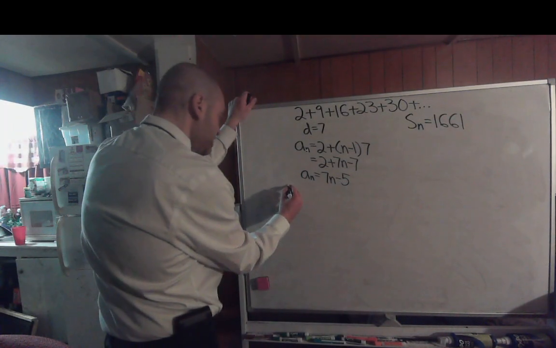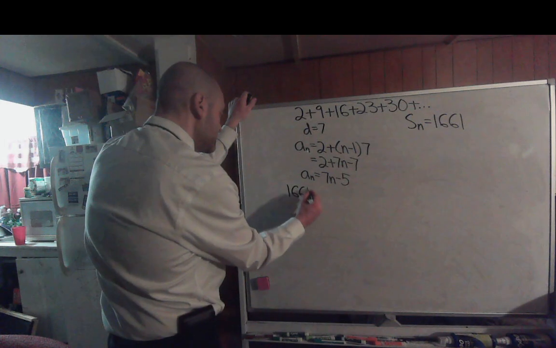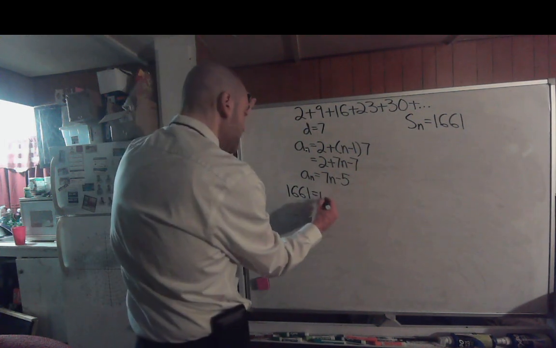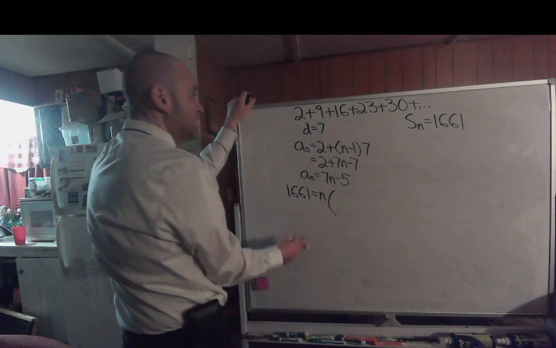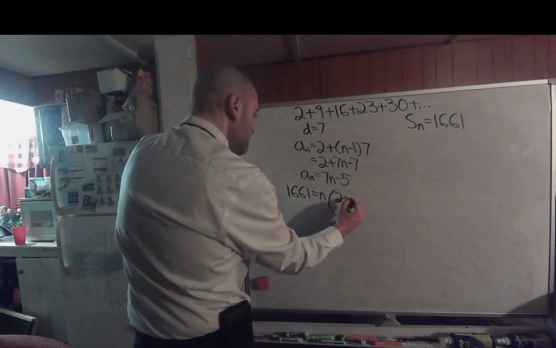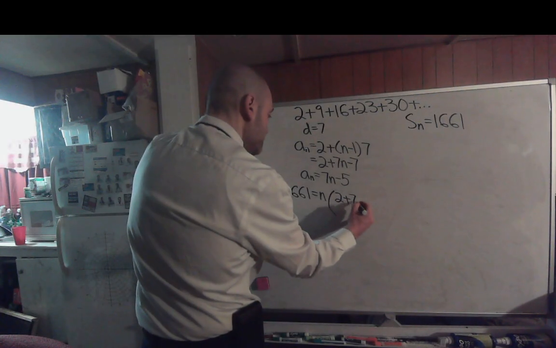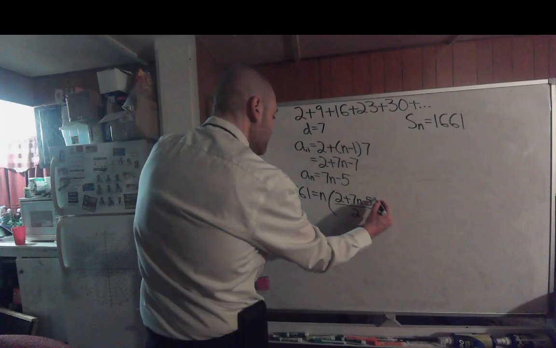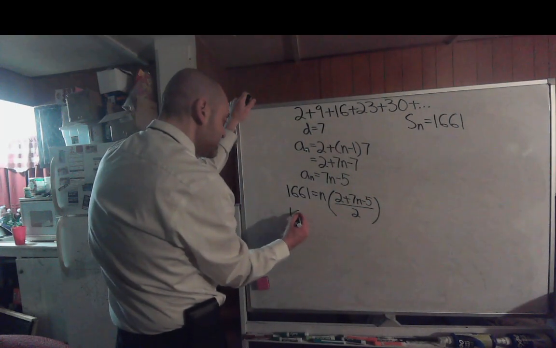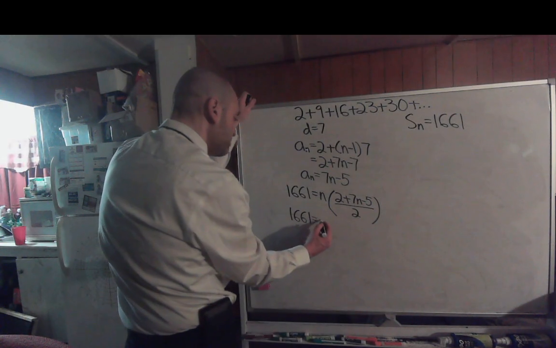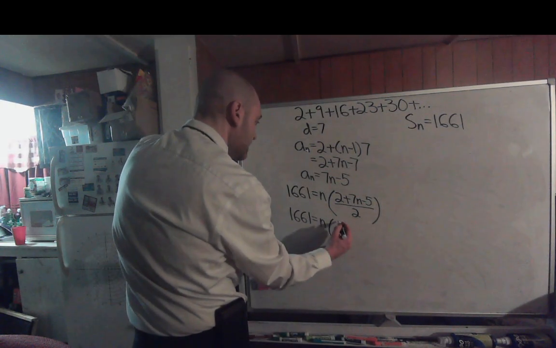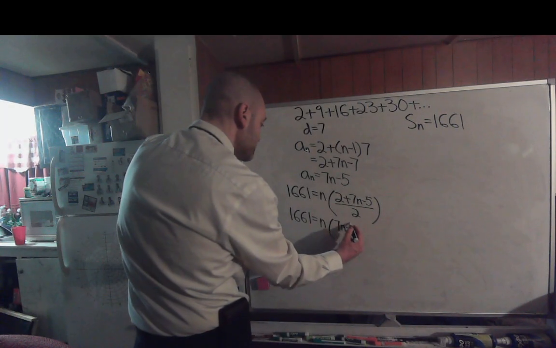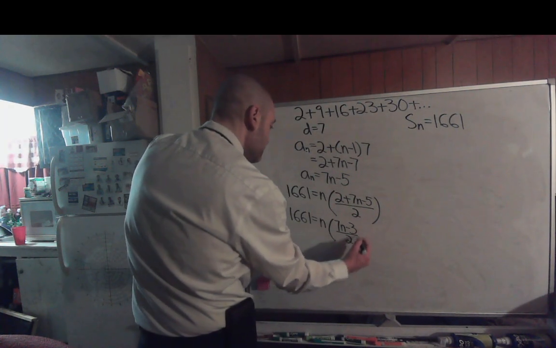So take your sum, the 1,661, set it equal to n, times the quantity of a sub 1, which is 2, plus your a sub n, which is 7n minus 5, all that divided by 2. So that means 1661 equals n times the quantity of 7n minus 3 all over 2,